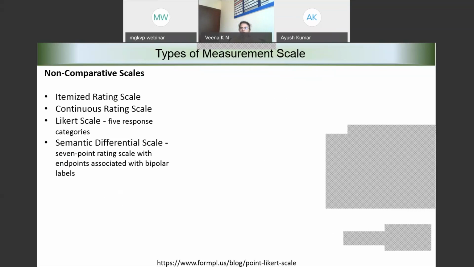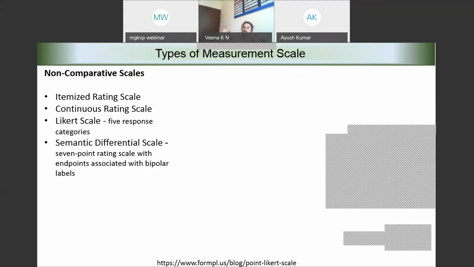But when we use a rating scale, I would say among the 10 people, all those who score 80 and above are rated as A. All those who score, let us say, 50 to 80%, I'll categorize them as B. And all those who score below 50, I'll categorize them as C. Here, when I choose 10 participants, all the 10 might go into A or B or C. It is quite possible.